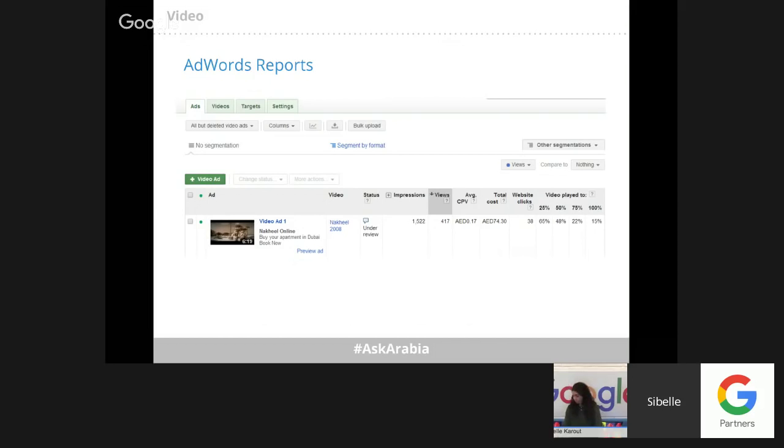Now, after we get it to run, how can this individual convince his manager? It's running, it's performing. Now he needs to take all the information of the performance of the campaign, the measurements, take them to his manager, sit with him, and show him all the numbers. First place that you can get information is AdWords reports.